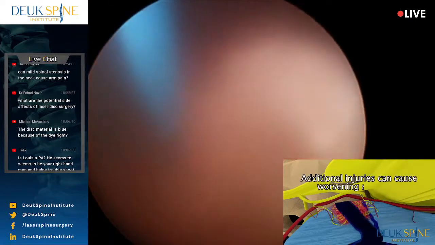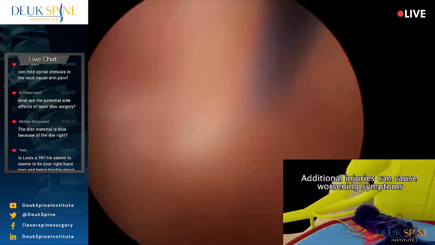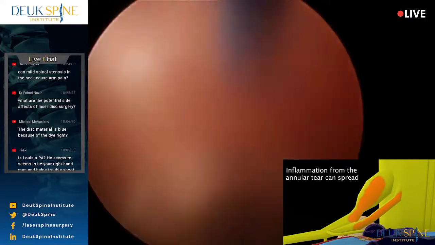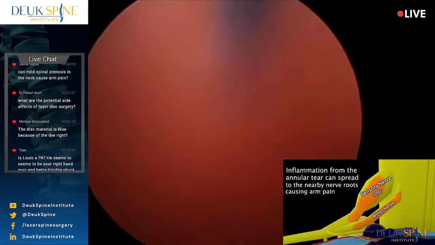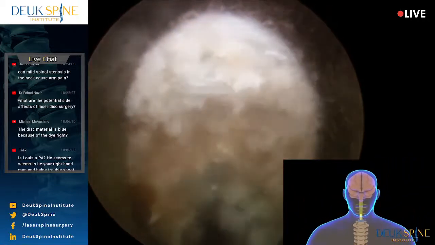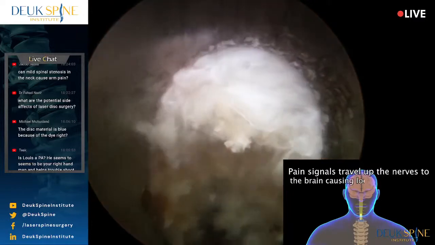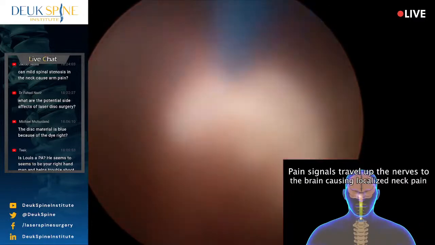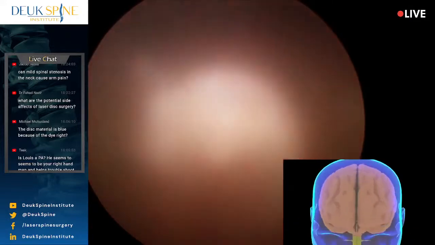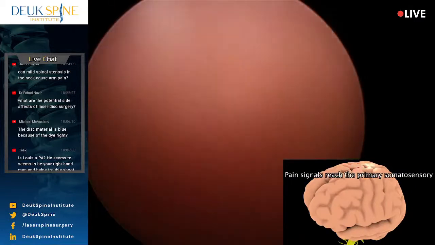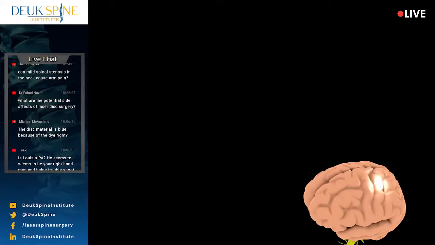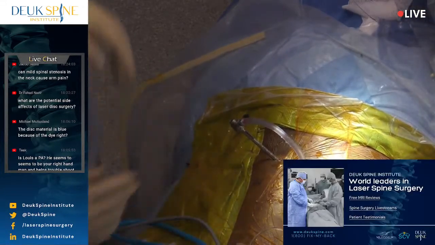Additional injuries can cause worsening symptoms. Inflammation from the annular tear can spread to the nearby nerve roots, causing arm pain. Pain signals travel up the nerves to the brain, causing localized neck pain. Pain signals reach the primary somatosensory cortex, causing conscious awareness of neck pain. If you have a herniated or bulging disc,